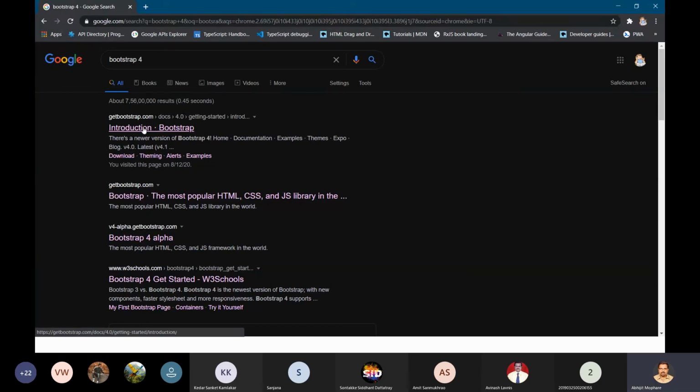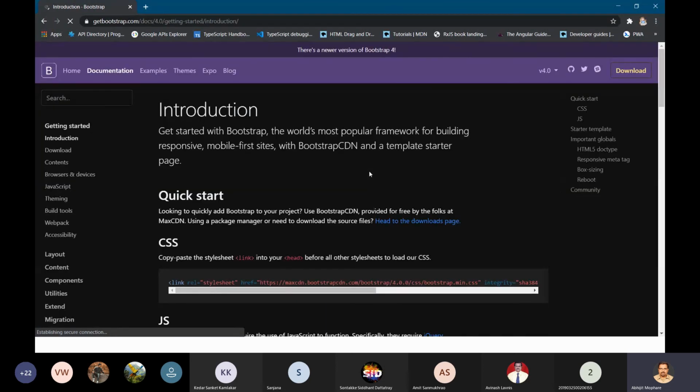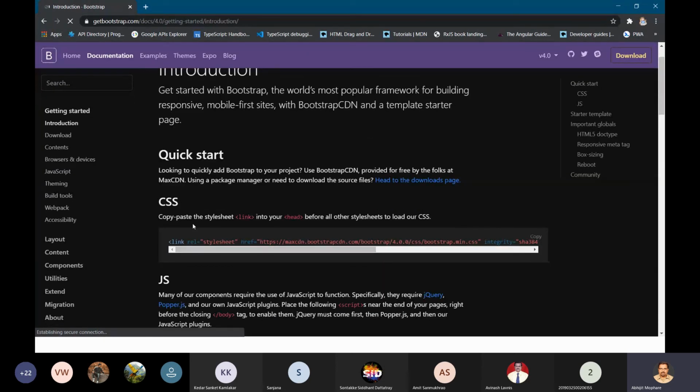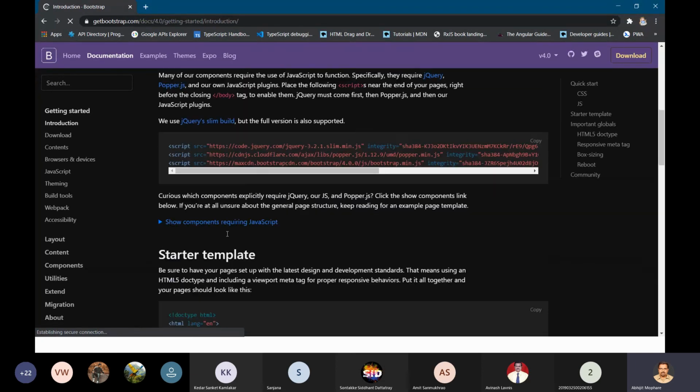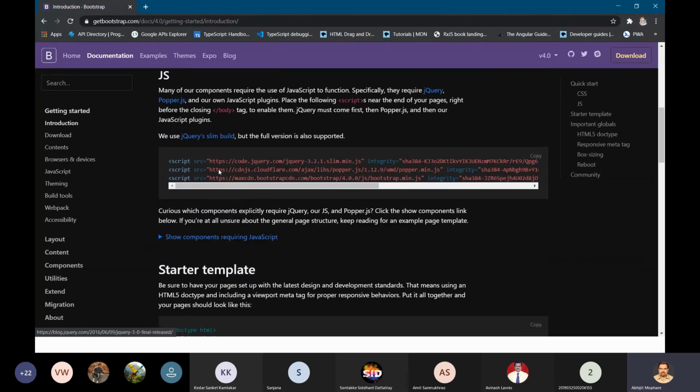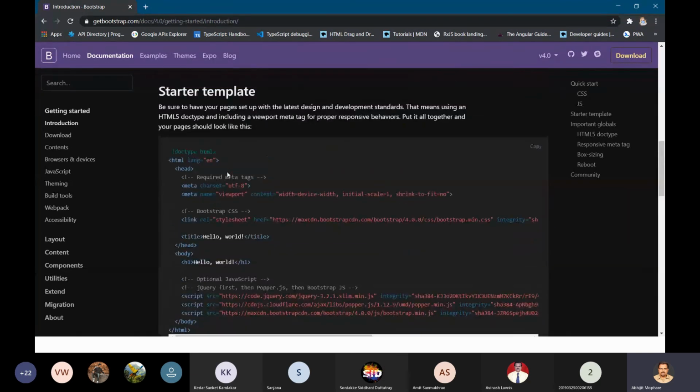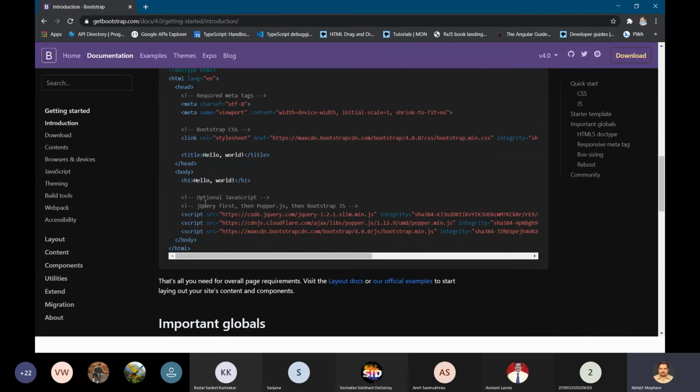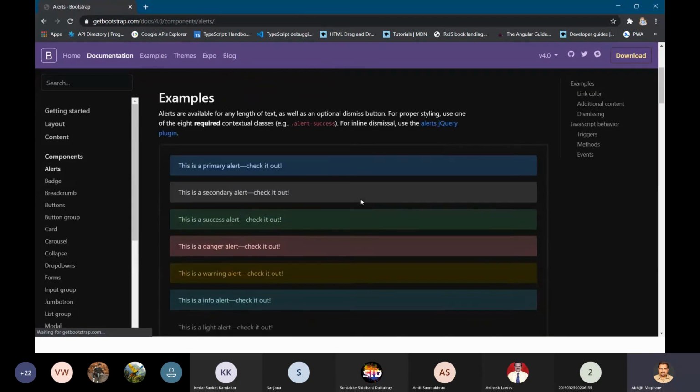All of you must know Twitter. This is a CSS framework, Bootstrap. This CSS framework has different tags, and you can see the classes are applied.